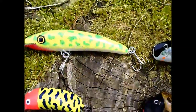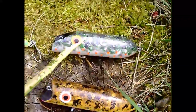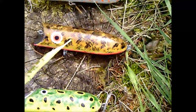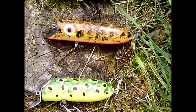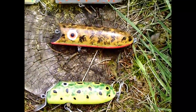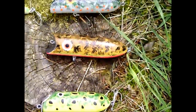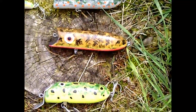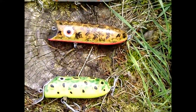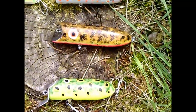Okay, here's another deep diver minnow, another one Australian style. These are made of timber. And here a Bassorino knockoff, Lucky 13 knockoff, and here a lip plug. These 3 I've hand carved from a round pine wood timber dowel. Usually pine wood is a little bit too heavy for such lures, but I had a piece of dowel which laid down the shop for about 20 years, so it was well seasoned and dry to the bone, so very